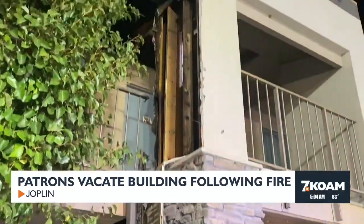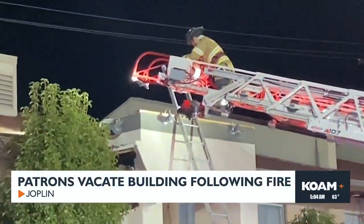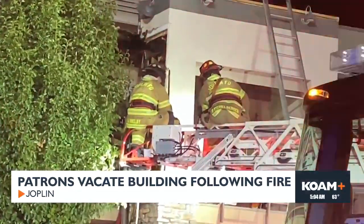Joplin Fire Marshal determined the fire started in an exterior wall, and the fire most likely happened due to discarded smoking materials. No occupants of